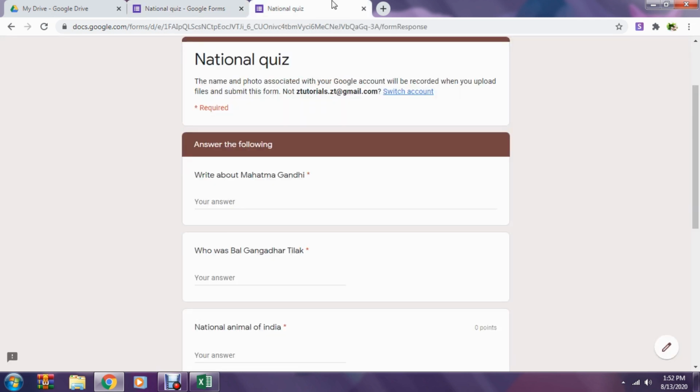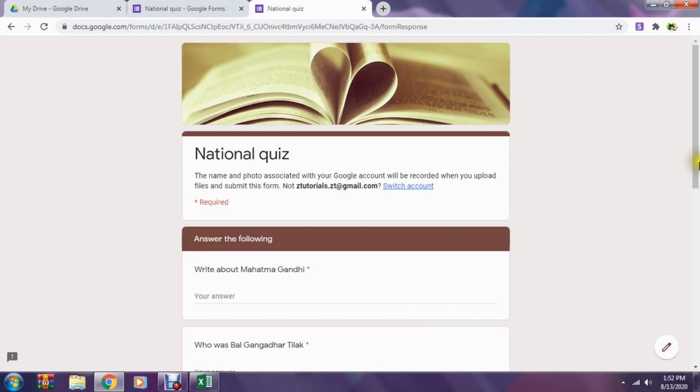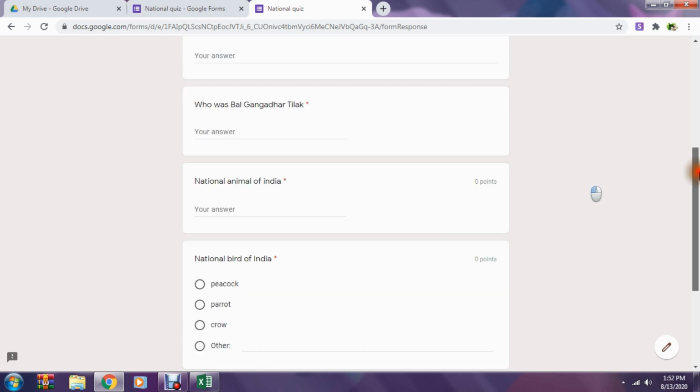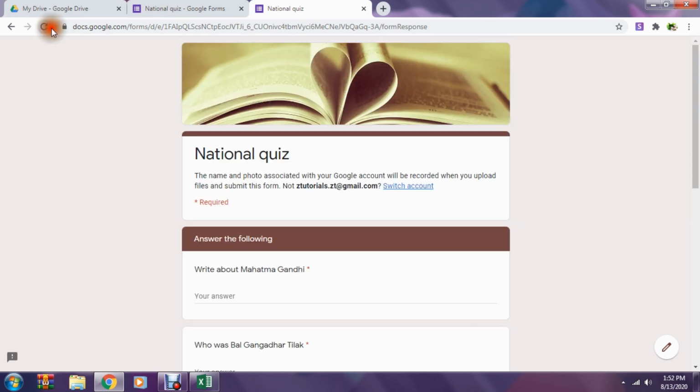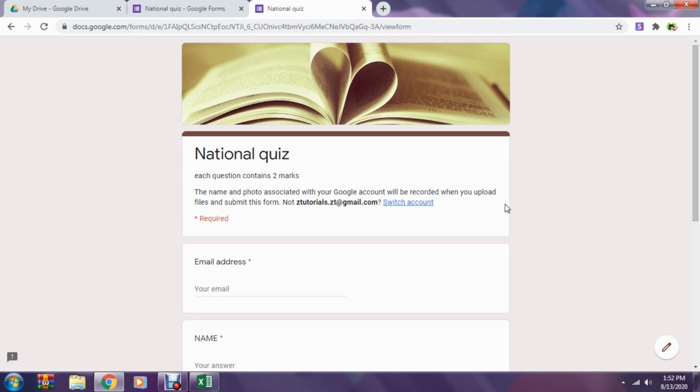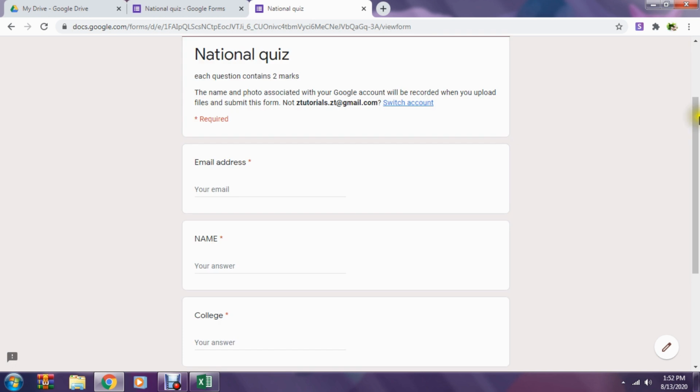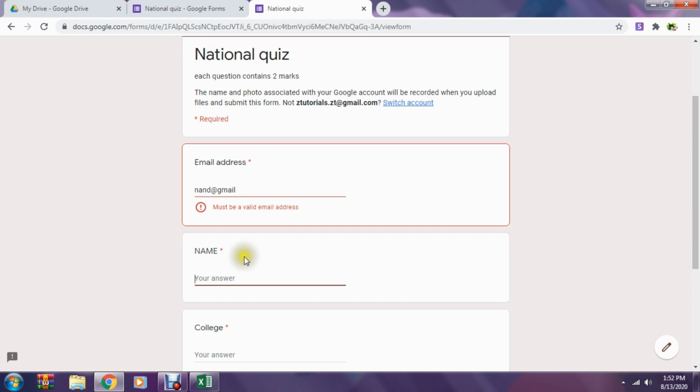We'll see now how it will look. We'll just reload this page again, and this is the students' preview, how students will see this form. This is the first page, so we'll enter the details so that we can go to the second page.